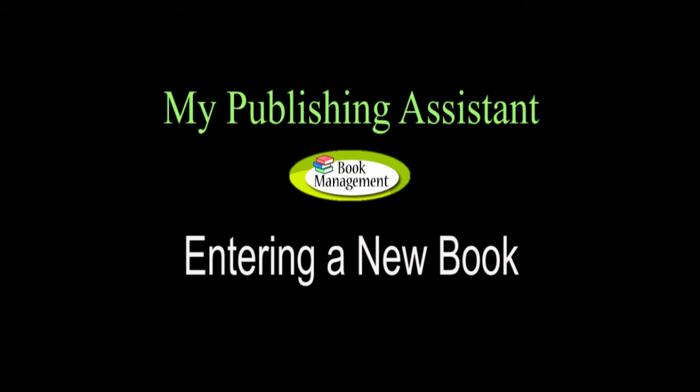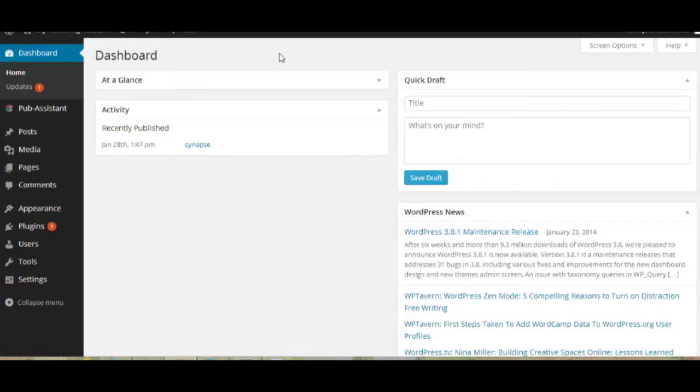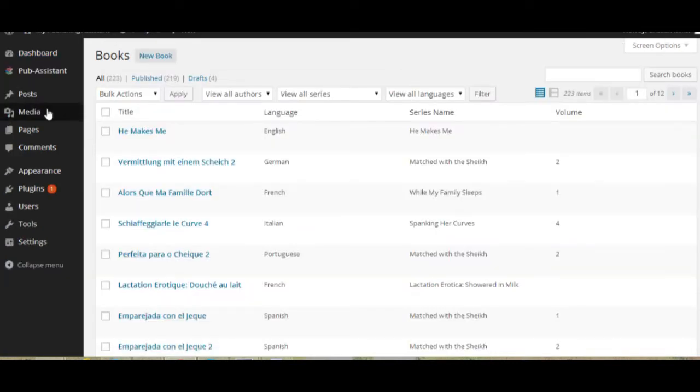Entering a new book. Now that you've set up the system, it's time to enter a book, and you can do that by going to PubAssist by either clicking on Books, or you can just click on PubAssist itself. It'll take you to your list of books. You can see there's a lot already in the catalog there, but we're going to go and click on